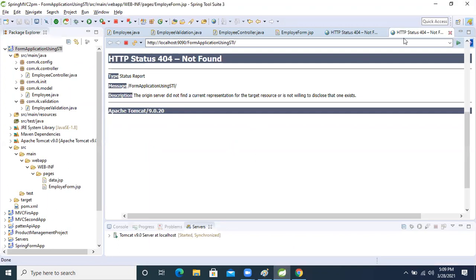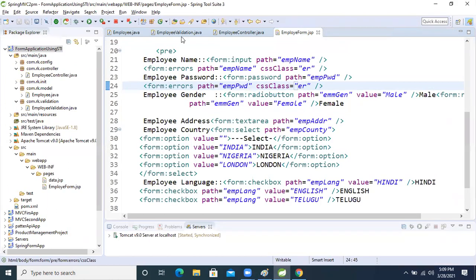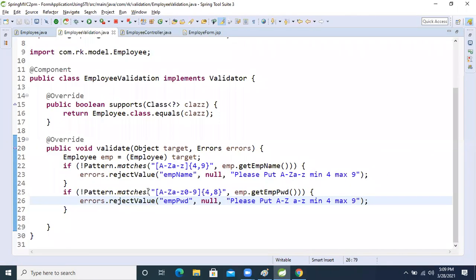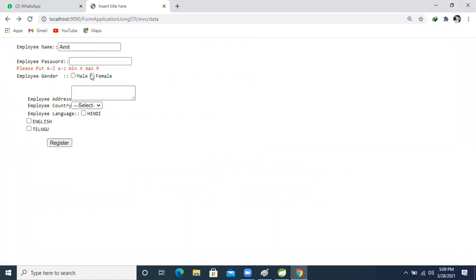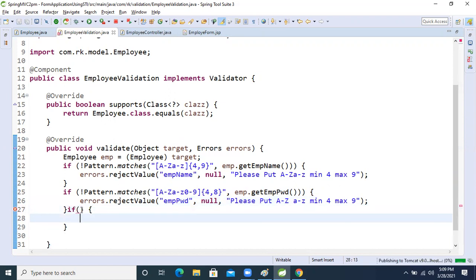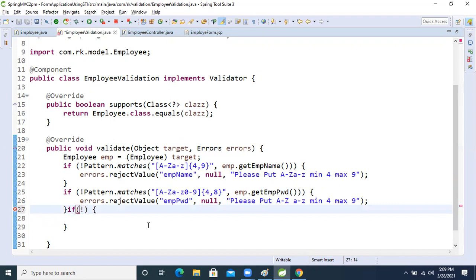So let's validate those things also. Come again to the validation class, friends. Here there is a select, choose button. Since we are not writing anything as text, there is no need for that. Spring also gives one utility class, the string utility, and we will use that, because instead of writing our own logic, that logic is there in that class.